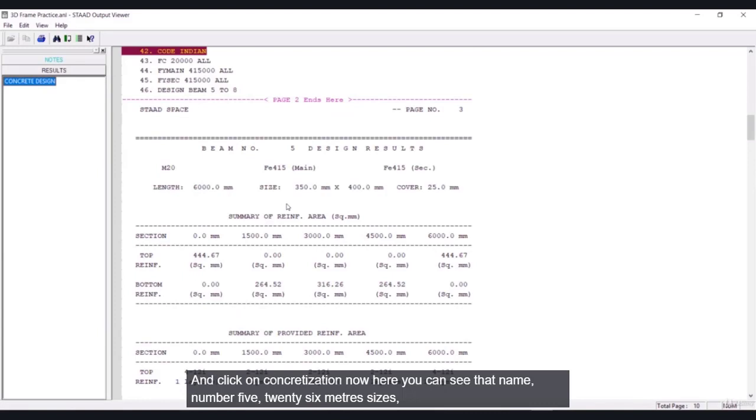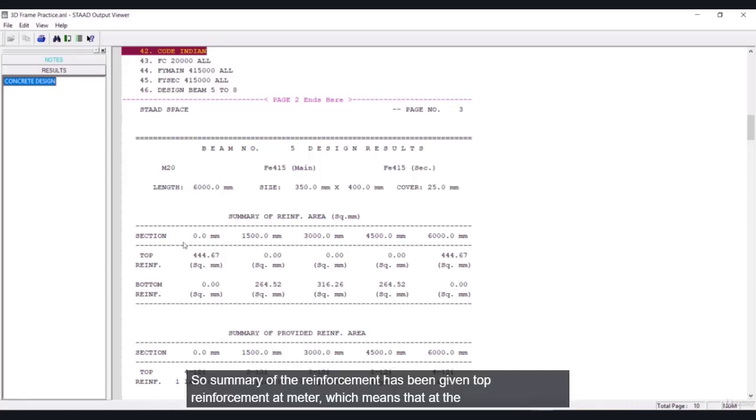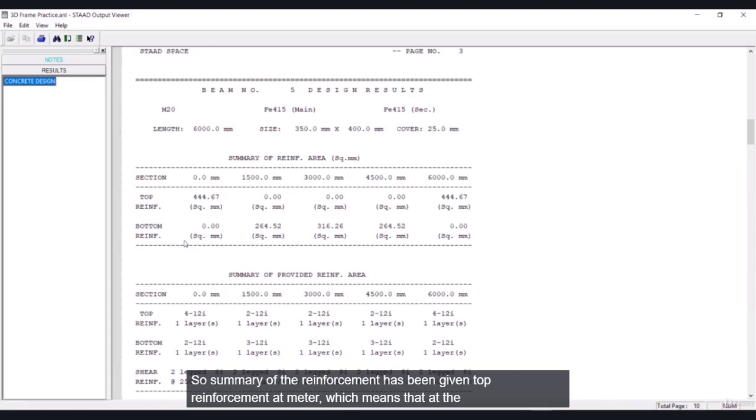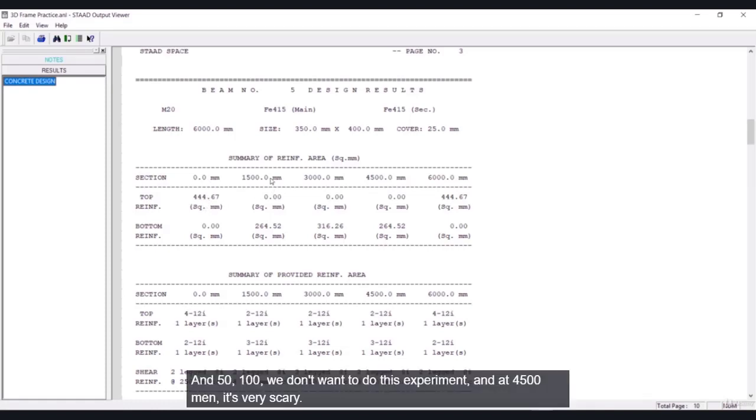Now here you can see that beam number 5, length is 6 meters, size is 350 by 400 mm, cover is 25 mm. So summary of the reinforcement has been given. Top reinforcement at 0 meter, which means that at the origin this much value, and 1500 we don't want.